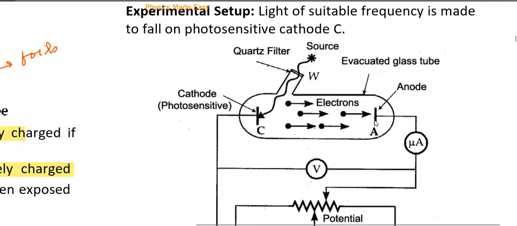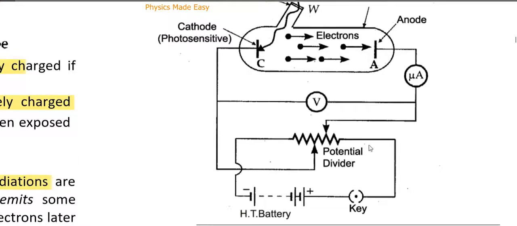And the anode is given positive charge with respect to the cathode, at positive potential. The potential of the anode can be varied by making use of a potential divider arrangement. Note down the potential divider arrangement. Here is a voltmeter, which measures the voltage, and it is always connected in parallel. We all know this fact. And here we have a resistance and a battery attached to it. Now we have two sliding